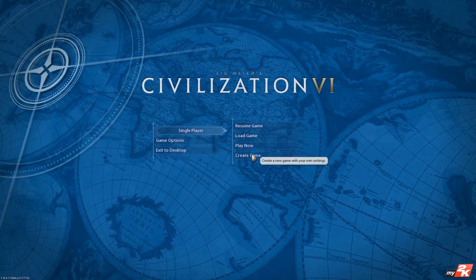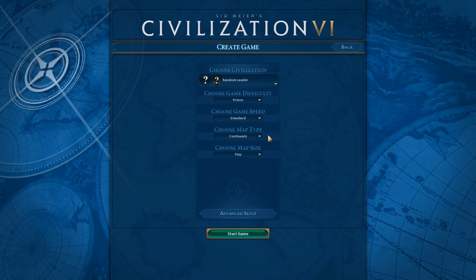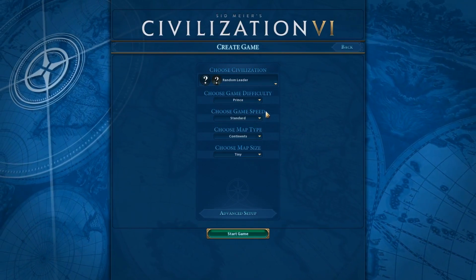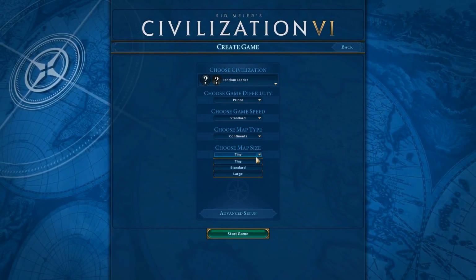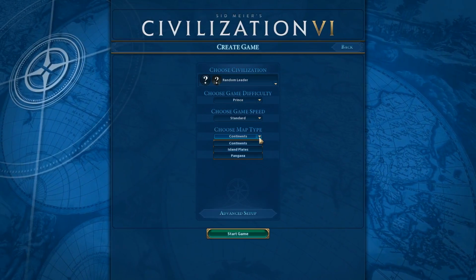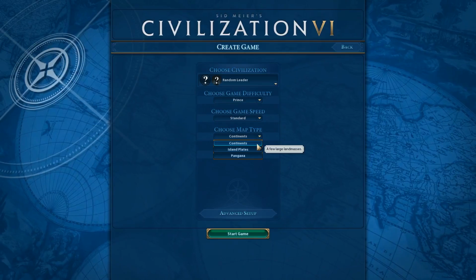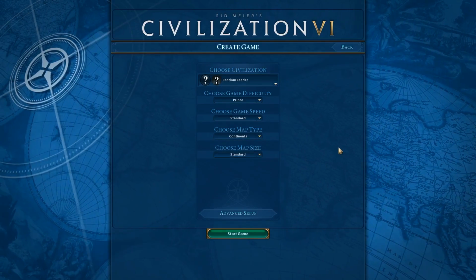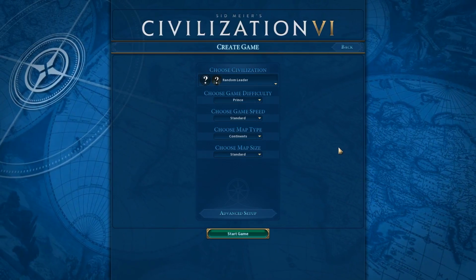So we are going to go in and create a new game. As always, we are locked to certain settings that we can't really change. So we're still locked on standard game speed. We are going to go once again for a standard map size. Not too sure what I want to go for. I think we'll go for continents. I like continents. They tend to be the more interesting maps. If I actually had access to all the maps, I'd probably go for fractal or shuffle or something like that,